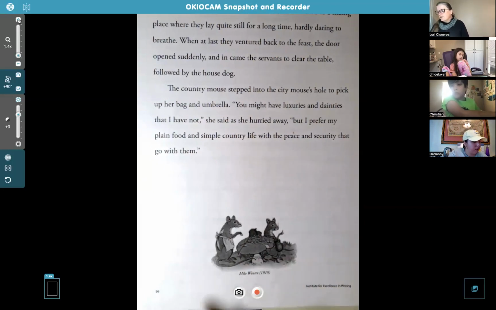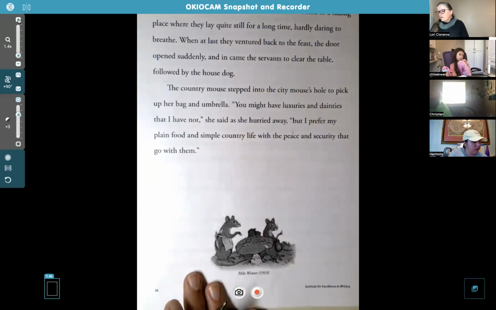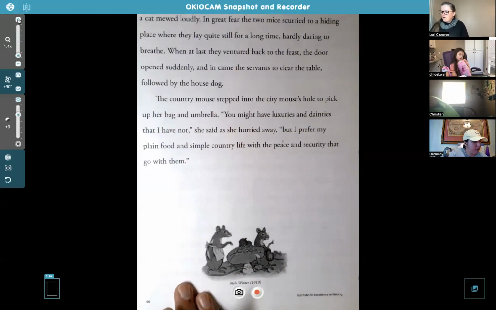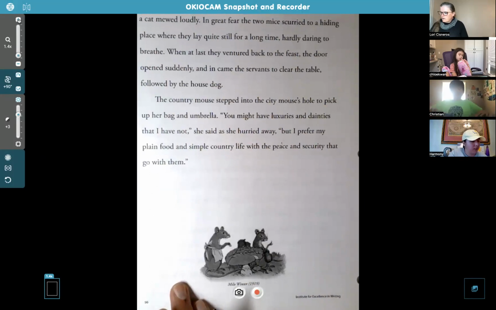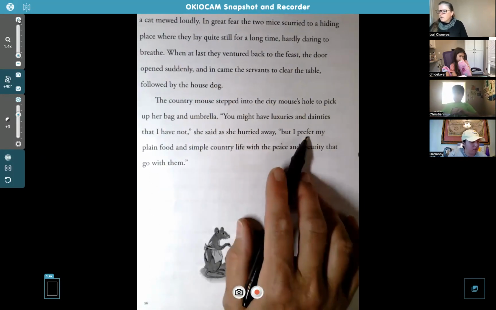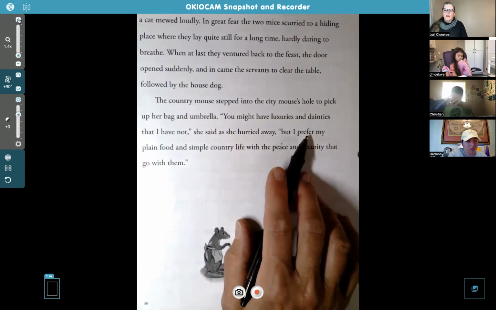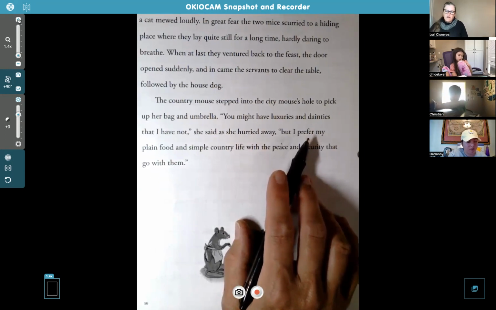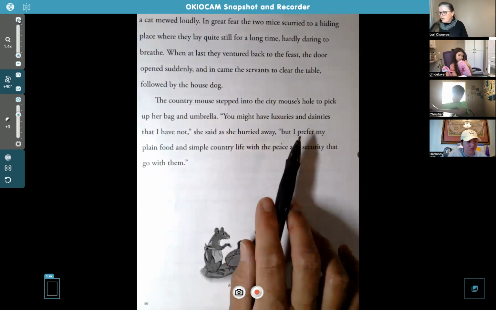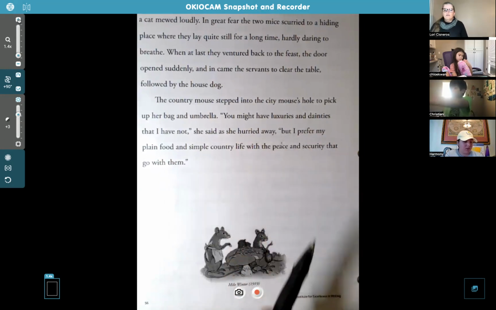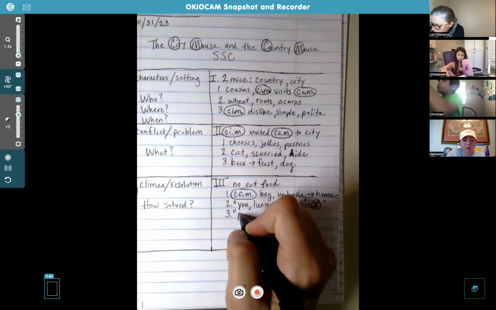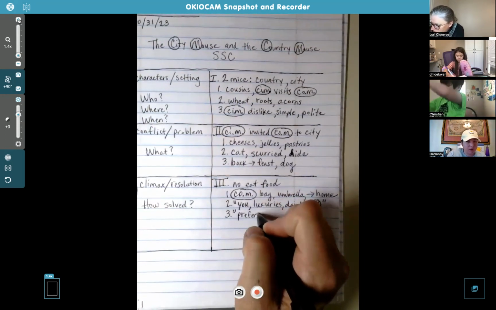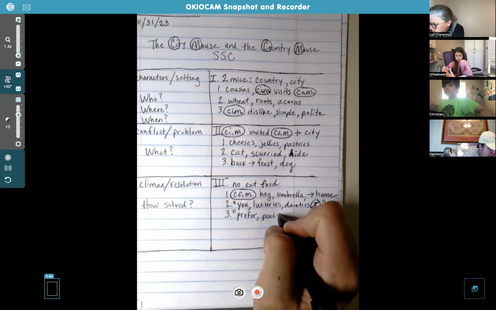That's 4 words, and you only need 3. Maybe just peace, security, maybe that word prefer. I kind of like that one because she's saying that's what I would rather have. What if we did prefer, peace, security? You like that, Harmony? Yes. Good. Let's put it in quotes too, because she says that. So prefer, peace,